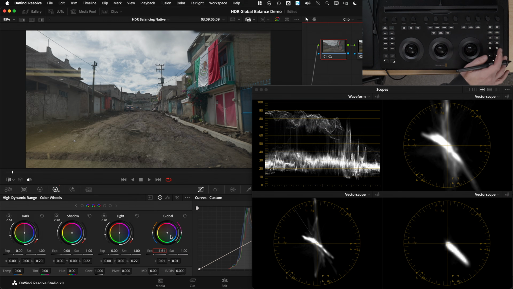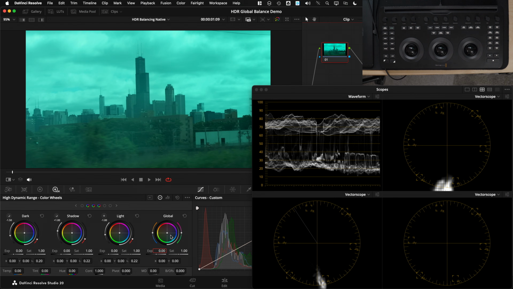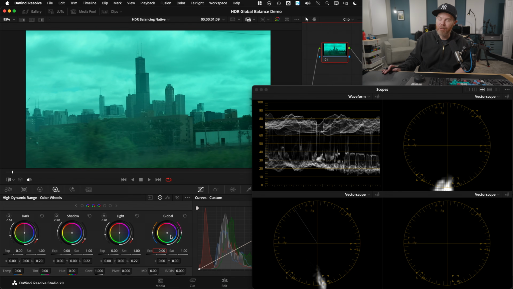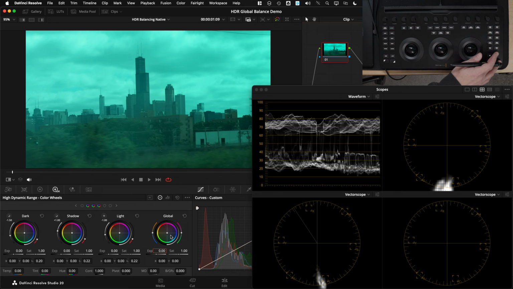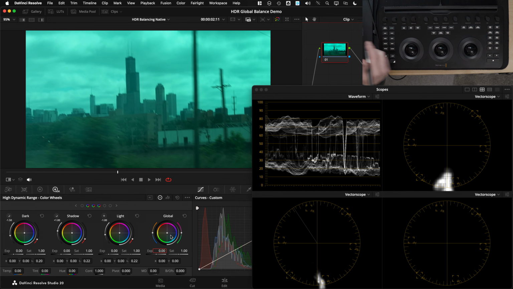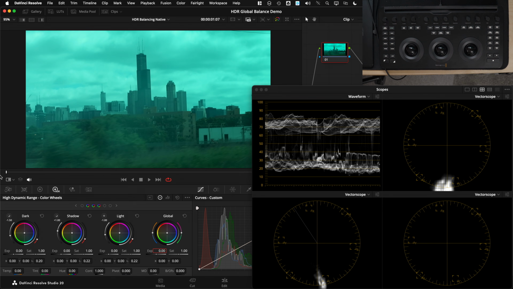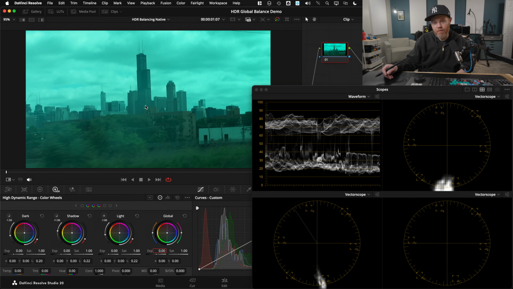Now, what if it's not S-Log 3 footage? Let's look at the next clip. Another one that I shot through a glass pane. I was on the train on the way to Chicago. This is typical, right? Sometimes you get this really green and nasty looking bluish tint to something. It's completely fixable inside of DaVinci Resolve using the HDR Global tool. However, because I know this specific shot was not S-Log 3, because I shot it, it's Rec 709,